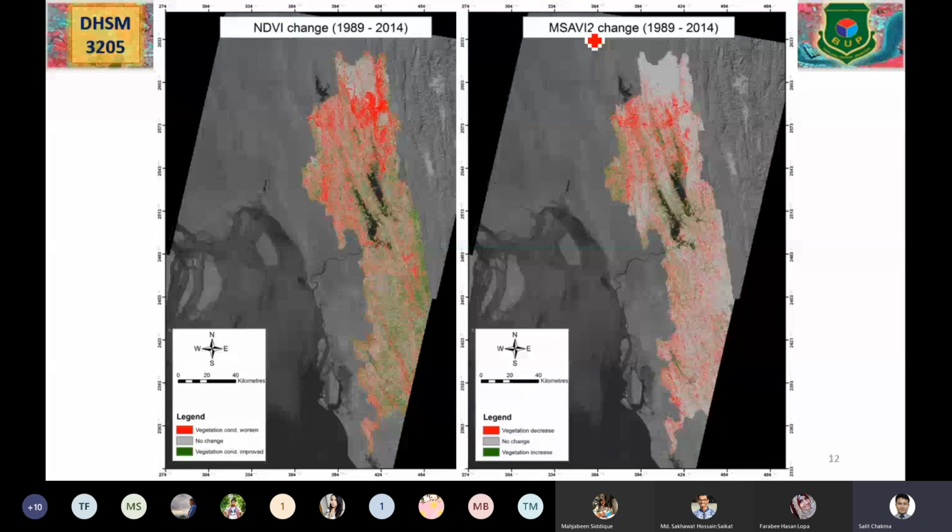try to find any relationship between them. So MSAVI2 finds the moisture in the soil. Also, it finds the moisture in the canopy content, so how much moisture they can hold or have in their structure. And if you look, you will find there is quite a good correlation between them. Here, we can see that the health of the vegetation is not good. Their condition is worsening over time,